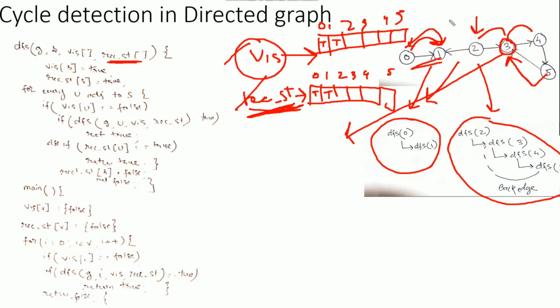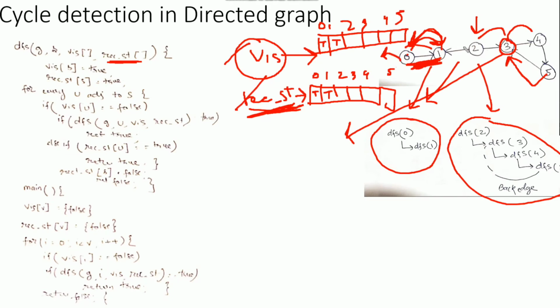Now from 1 there is no adjacent vertex available. It means that in this recursive tree call, from 0 we went to 1, and from 1 there is no possibility left. So what we need to do is backtrack: from vertex 1 we move to its caller, which is vertex 0, and from vertex 0 to the caller of vertex 0.